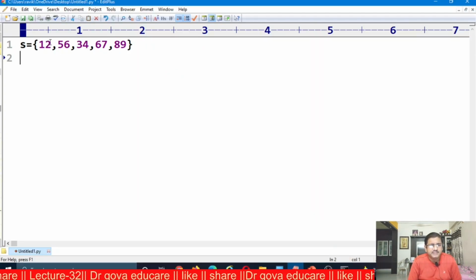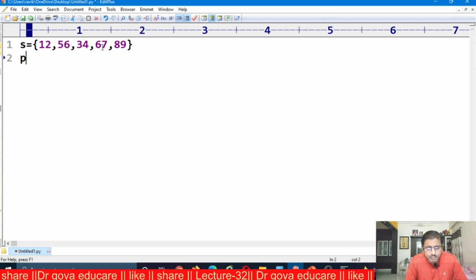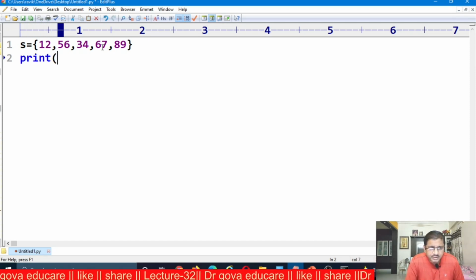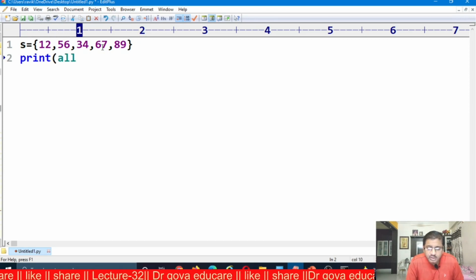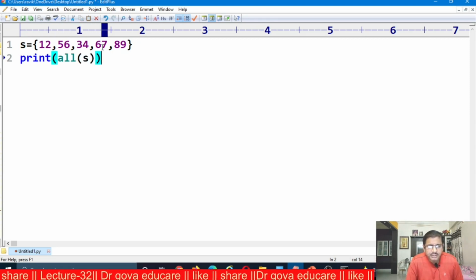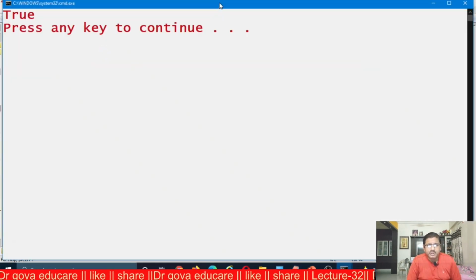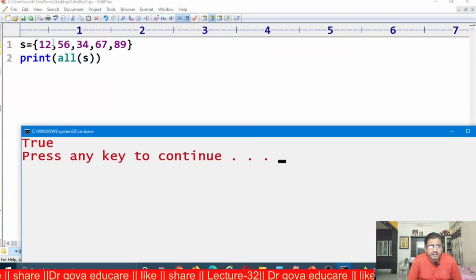Observe, this is the set. Now the set contains non-zero elements, that means all the elements are true. I want to print all(s). Observe, the output is true. All the elements of the set are true. To check whether all the elements of the set are non-zero, I am using the all function.